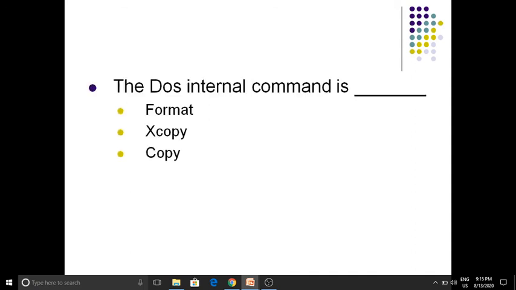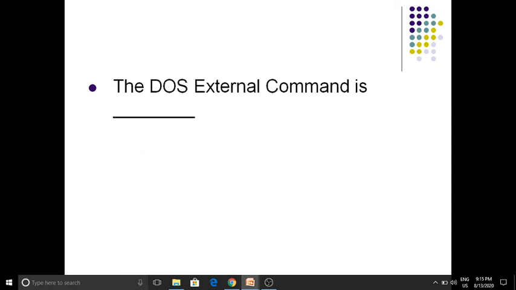Next, third question. What is the DOS internal command? Here he has given four options: format, xcopy, copy, print. Okay, students, what is the answer here? Copy. Copy is the DOS internal command. Next, in the fifth question, he is asking for the DOS external command.